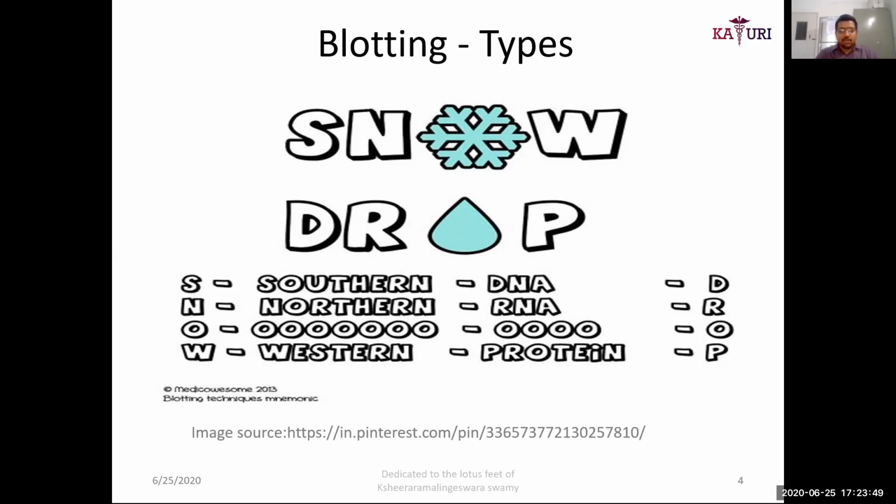Apart from this, some books give different blotting techniques also, like Eastern blotting and Southwestern blotting, but those are actually subtypes of Western blotting where protein modifications are studied. And apart from this, immunoblotting and electroblotting are synonyms for Western blotting. So knowing clearly about Southern, Northern and Western would be more than enough as per your curriculum.